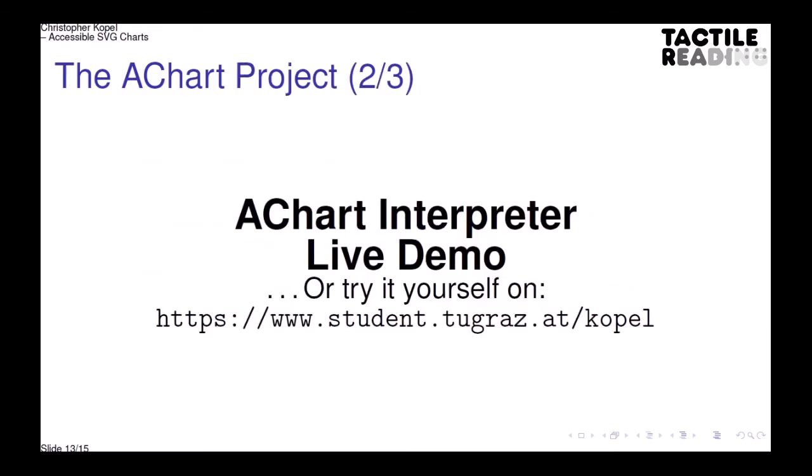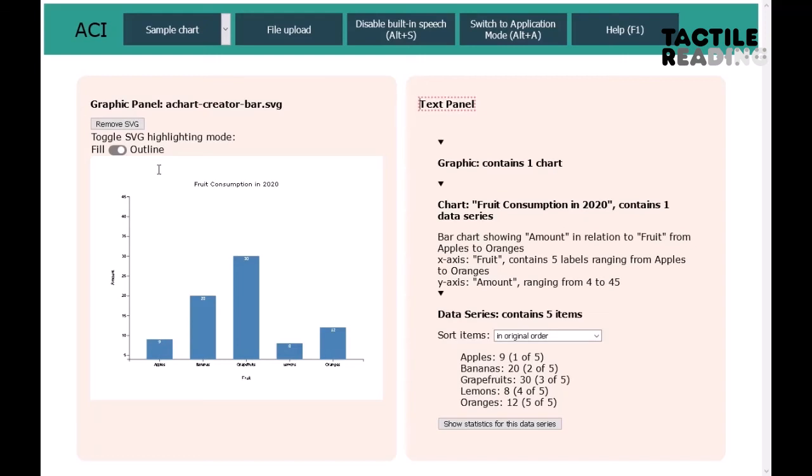Okay, so let's have a look at A-Chart Interpreter. Now I've opened up Mozilla Firefox with A-Chart Interpreter and with the chart which we saw in the example previously. You can see on the left-hand side there is the so-called graphic panel where the visible chart can be seen.